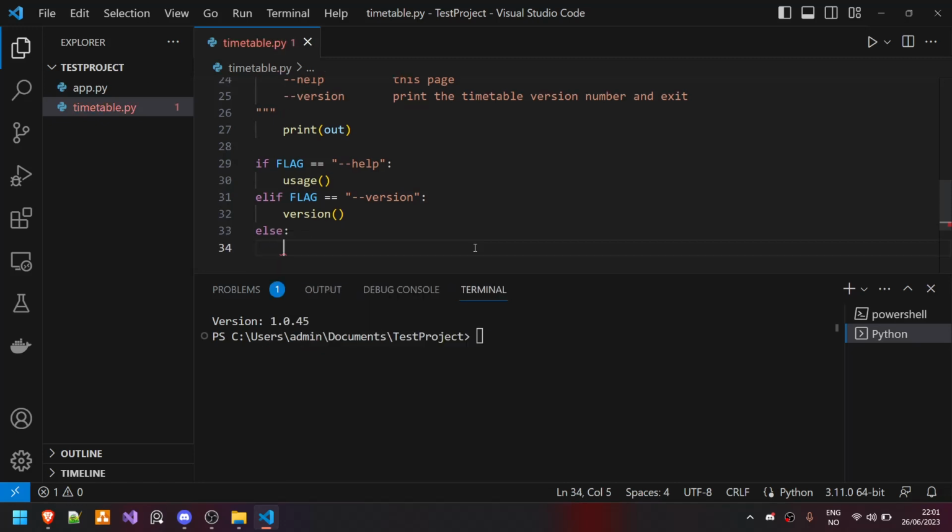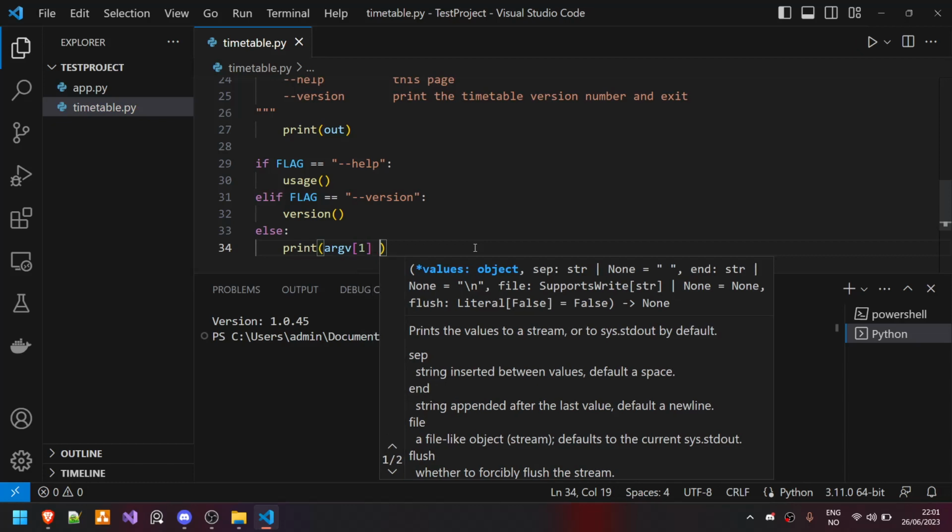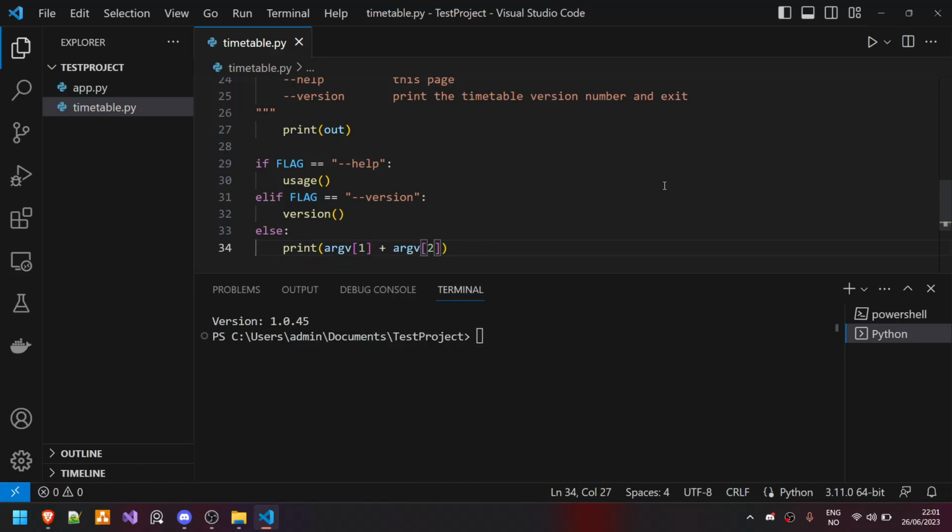And then you can, for instance, say else. Just for fun, we're going to add the second and the third parameters together. We can say print argv 1 plus argv 2. This might not actually work, and you'll see why. 2 and 3. That's weird, isn't it? We add 2 and 3 together, we should get 5. But instead we got